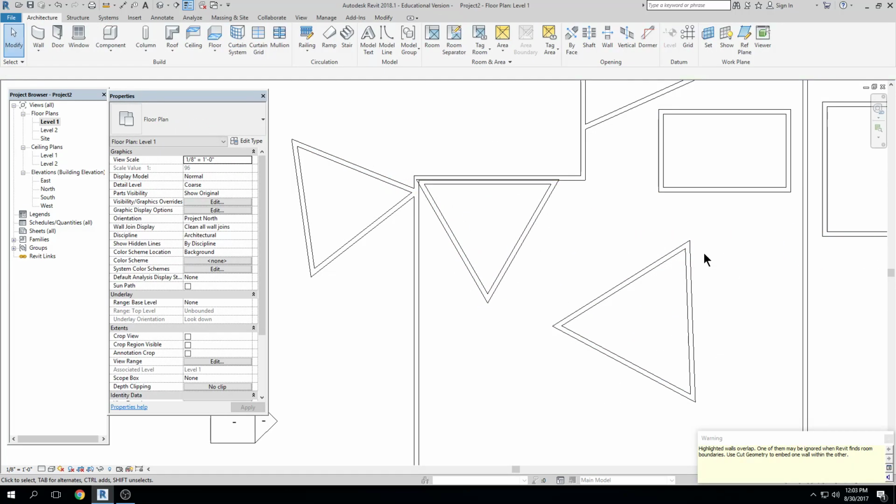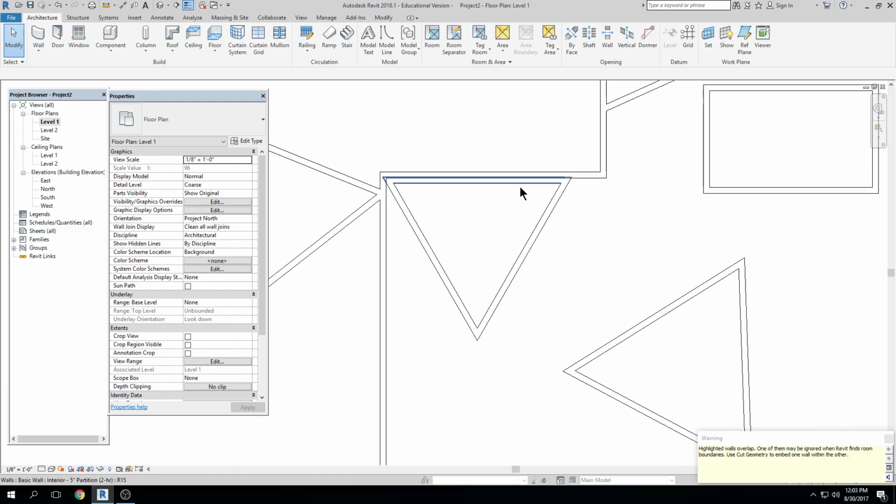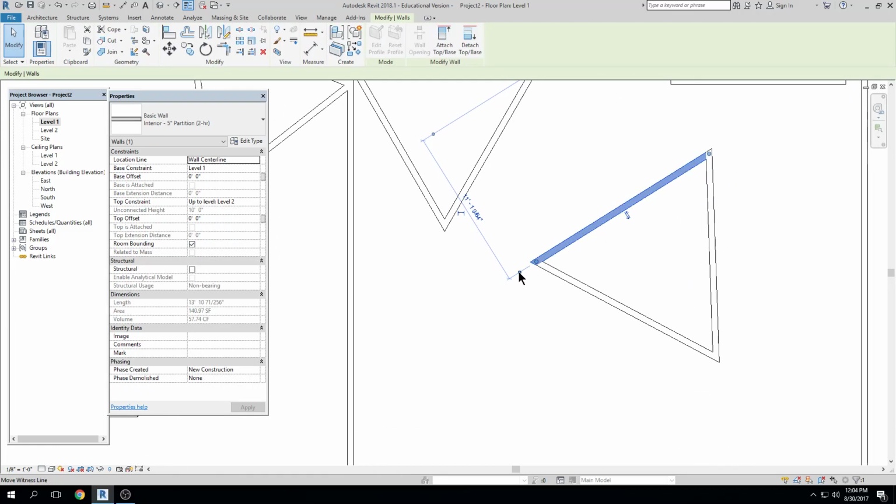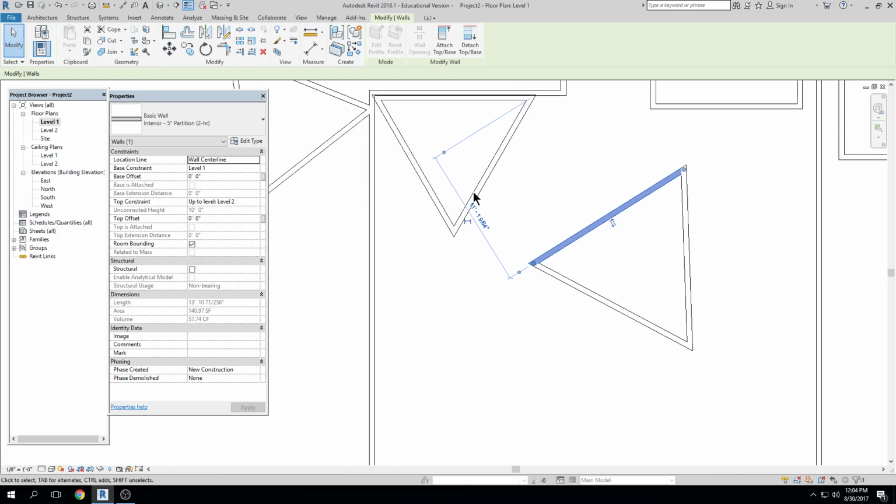Okay, and again, if my walls are overlapping, Revit is pretty smart. It says, hey, did you mean to overlap walls like that? And you're like, nope, I didn't. Okay. I can also come back in and make this a different size if I would like, right? We get temporary dimensions going from different spots. I can make this 12 foot,